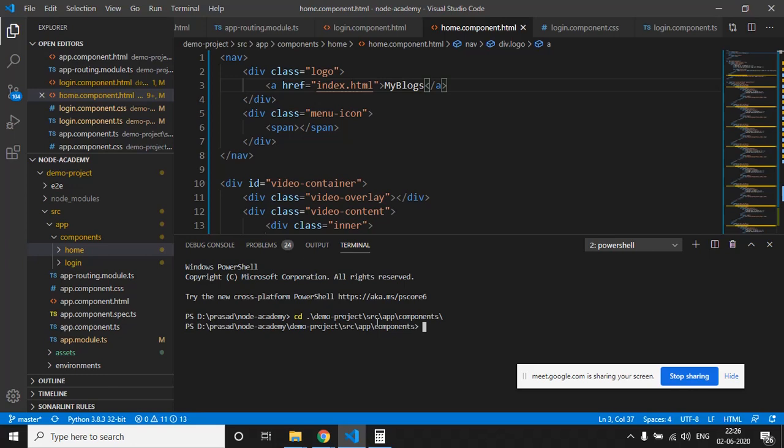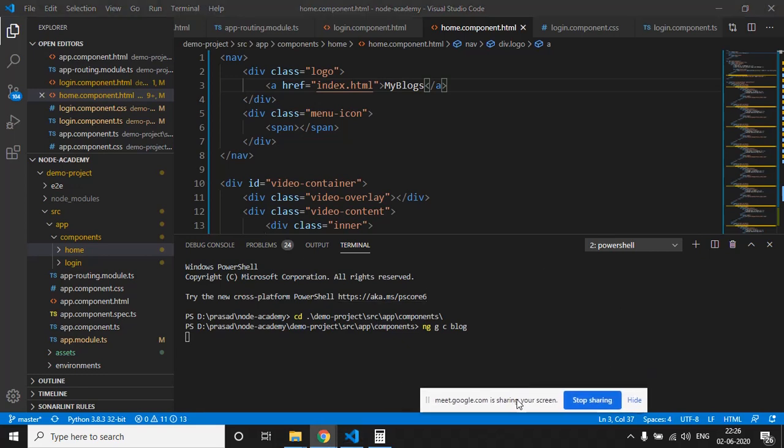Now we have to create a component for blog. The CLI command for it is ng g c, where g is for generate, c is for component, and the component name will be blog. We'll execute this command so that it creates a component for us.